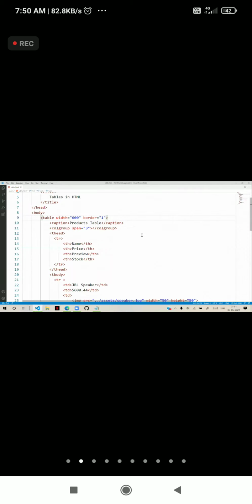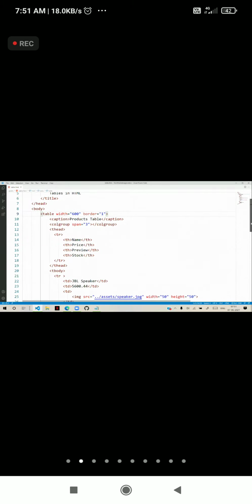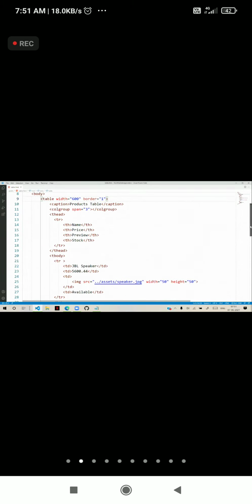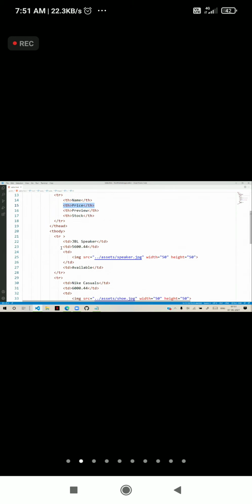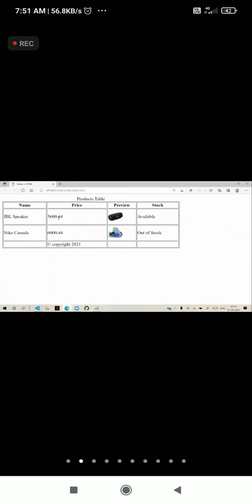To adjust the width of the price column, anywhere, that means it may be T head, or you have TD, the price related TD. There I define width as 200. That means it is going to affect the width for that.